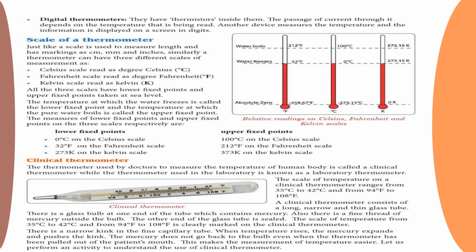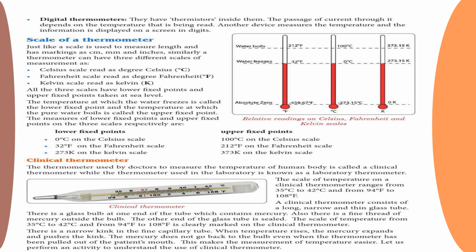Now we know the different types of thermometer, that is, the clinical thermometer. We first discuss the clinical thermometer. Both the clinical thermometer and the laboratory thermometer are mercury thermometers. So when a particular amount of heat is supplied to the thermometer bulb consisting of mercury by the hot body whose temperature is to be measured, then the mercury expands and rises in the glass tube of the thermometer. This fact is used in measuring the temperature.